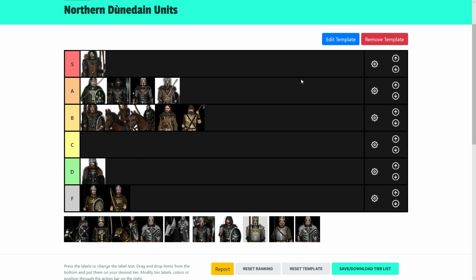Dùnedain Armsmen, pretty much just like the more defensive version of the Dùnedain Blade Masters. They have a shield, one-handed sword. They also look great. I love the Dùnedain look. Again, really good stats. I think these guys have 20 defense, which is really high, and it's pretty nicely spread out between the 3 defensive stats, so it's not like they get destroyed by armor piercing. They have a shield, so they still stand up pretty well to arrows, and they have 9 attack, which is pretty damn good, if you excuse